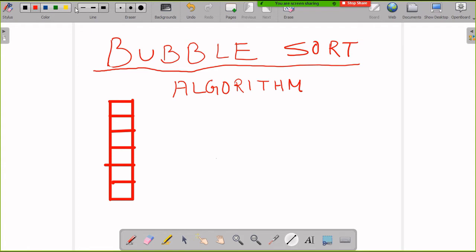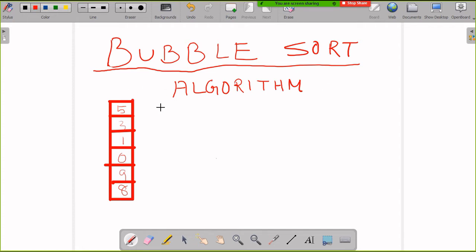Now suppose the elements are like this: 5, 3, 1, 0, 9, 8. Suppose these are the elements in a list, and now we have to sort these elements using the bubble sorting technique.